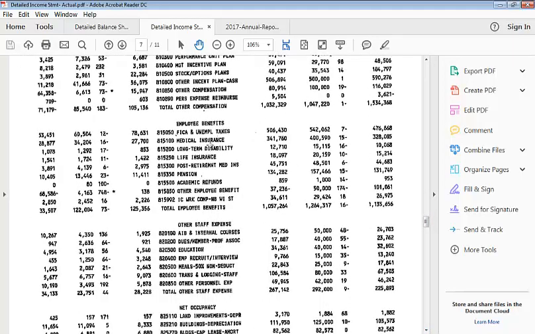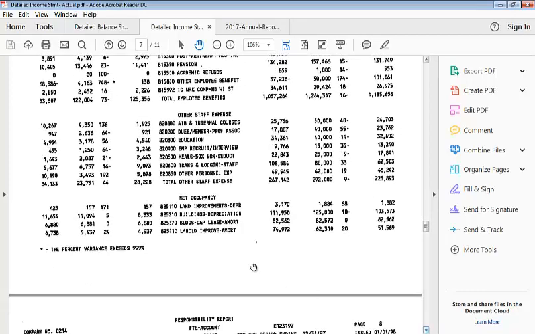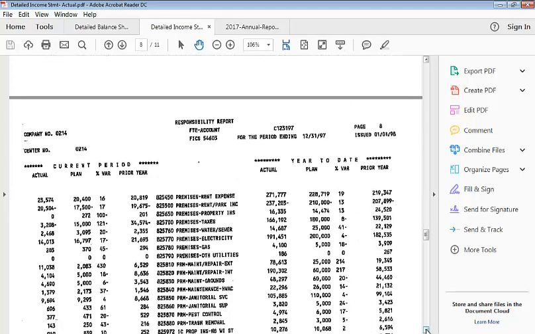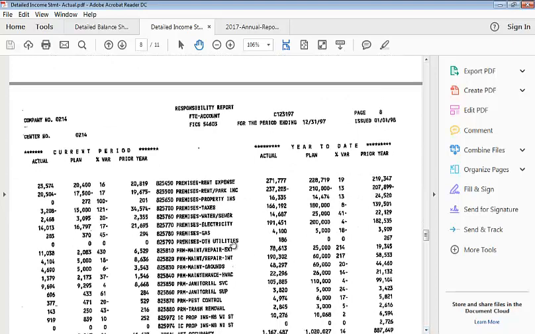Okay, more stuff here: employee benefits, other staff expense, occupancy, land improvements, depreciation on buildings. But we've got several pages of detailed line items about expenses, electricity, water and sewer,